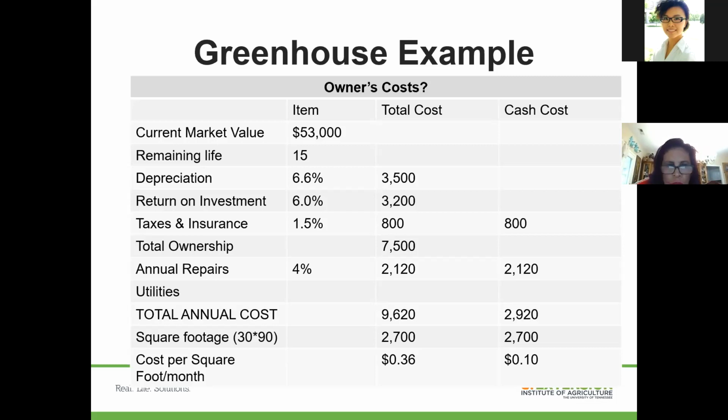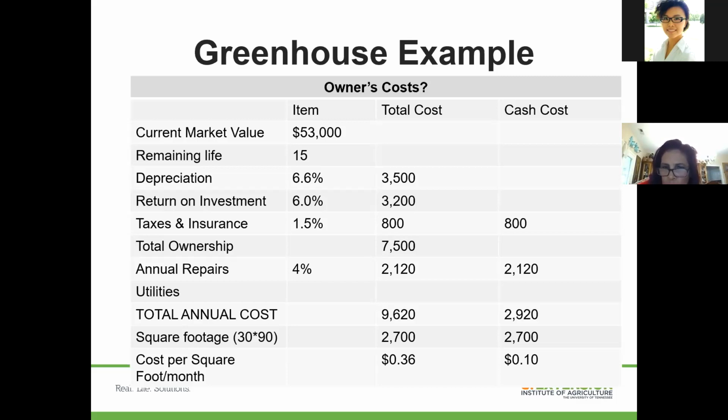Utilities, the operator agrees to pay the utilities themselves, so we're not calculating any of the utilities in this example. So the total annual cost for ownership is around $9,620. And you can see a cash cost. I put it next to the total cost, which means it's really a cash out of your pocket kind of expense. That gives you an idea what is your bottom line to recoup that cash cost you're paying annually